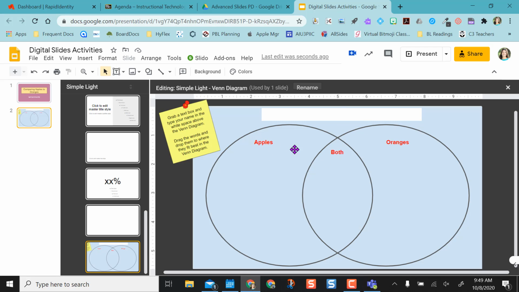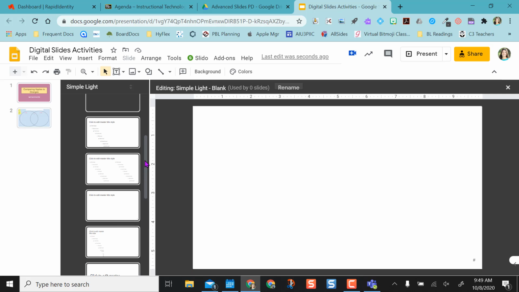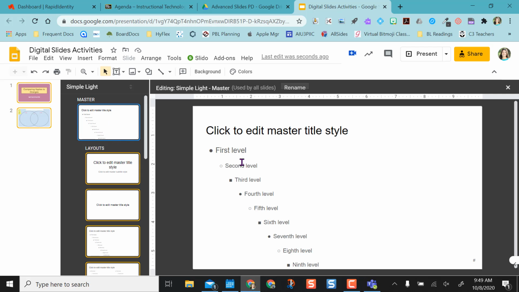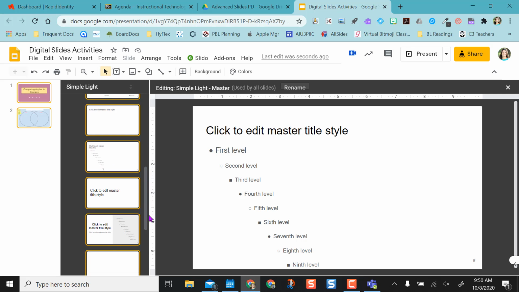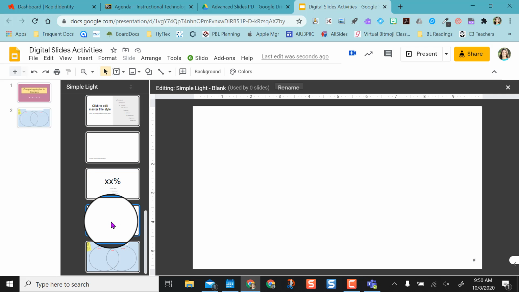in here I was able to make the template, and so here is where I can drag and drop these or move them around, edit them if I want to. And how I did this is I went to the blank. So you see these are all the templates that are in your master. So if you change anything in here, the font size, how you want your bullets maybe, that's where you would do it, and it would populate to the whole rest of your slides for the rest of your presentation. But because I want to make something from scratch, I'm going to come down to my blank slide